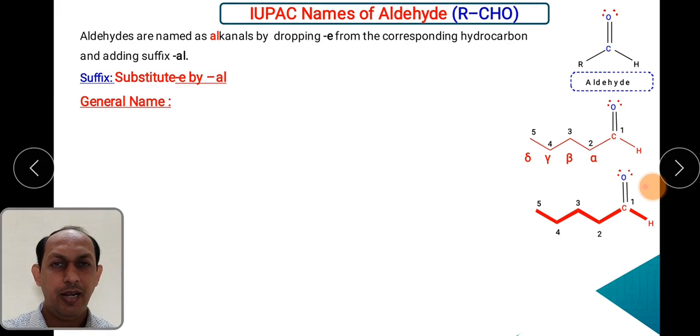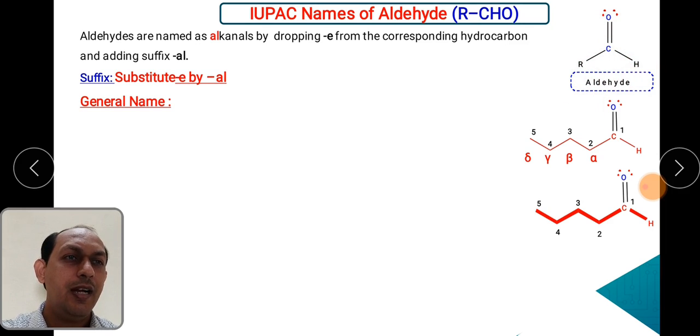Next family, aldehyde. As we know that aldehydes and ketones are compounds which come from the carbonyl compounds. These are called the carbonyl compounds where there is a carbonyl group. Aldehydes का जो जनरल स्ट्रक्चर है वो ऐसा है, R C double bond O H. C डबल बॉन्ड OH, ये एलिफेटिक अल्डिहाइड है. अगर यहाँ पे एरोमेटिक ग्रुप है तो यहाँ पे स्ट्रक्चर क्या आएगा? AR C डबल बॉन्ड OH.